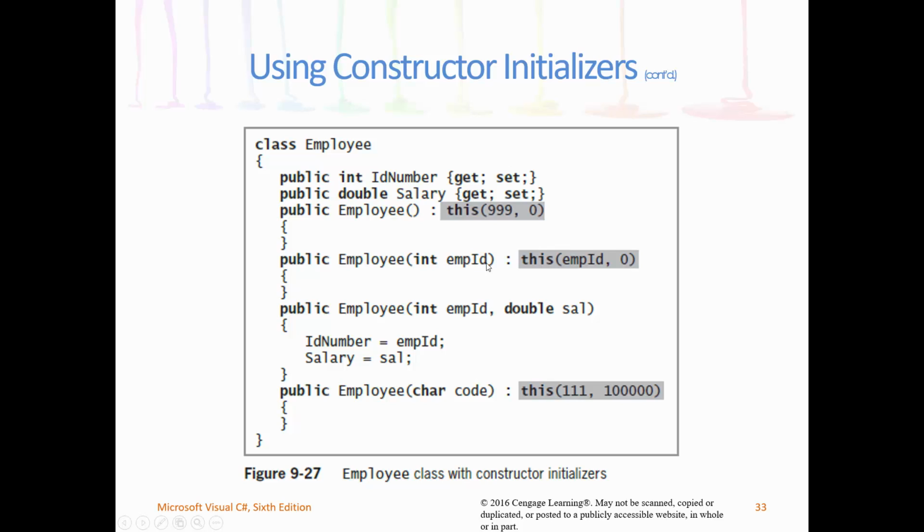If I call this constructor, whatever employee ID I added, set that, but set the salary to 0. If I call this constructor, I've already got both of them passed in, so I'm fine. And if I call this constructor, then 111 will be the employee ID and 100,000